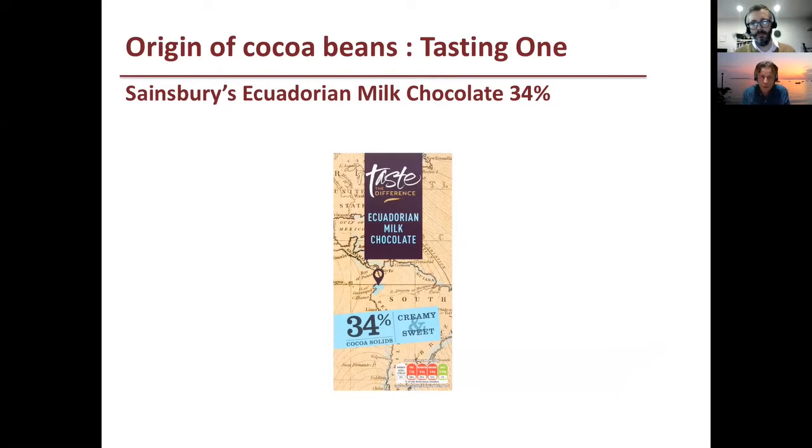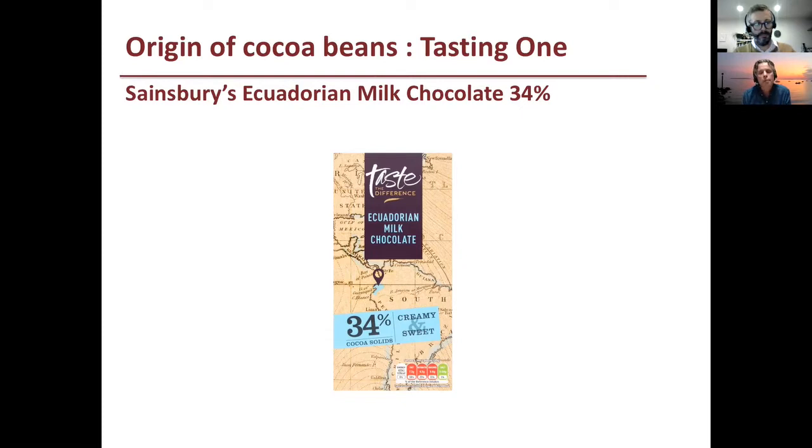So the first bar we're going to taste is 34% cocoa solids, and you will see we're starting off low and we're going high. So we're starting off at the 34% and working upwards. So the bar we're going to try first, the Sainsbury's 34%, is made with cocoa from Ecuador.